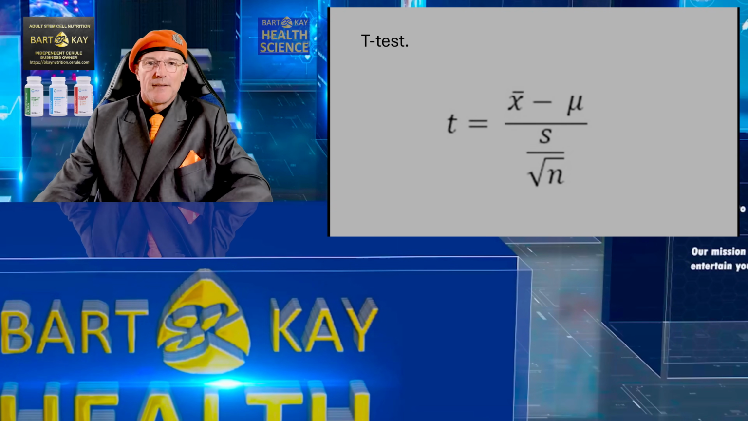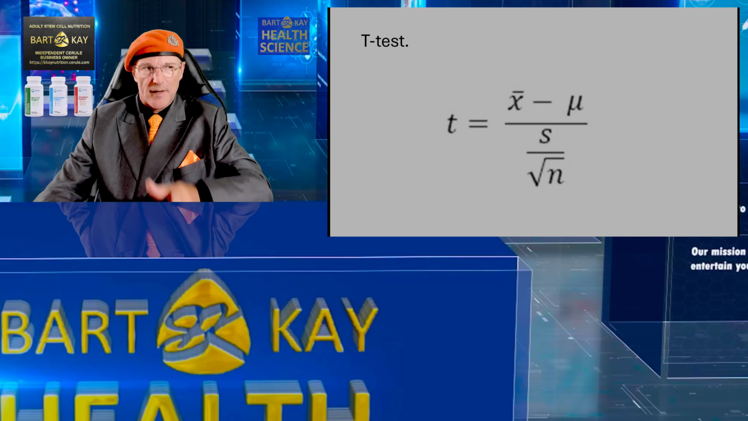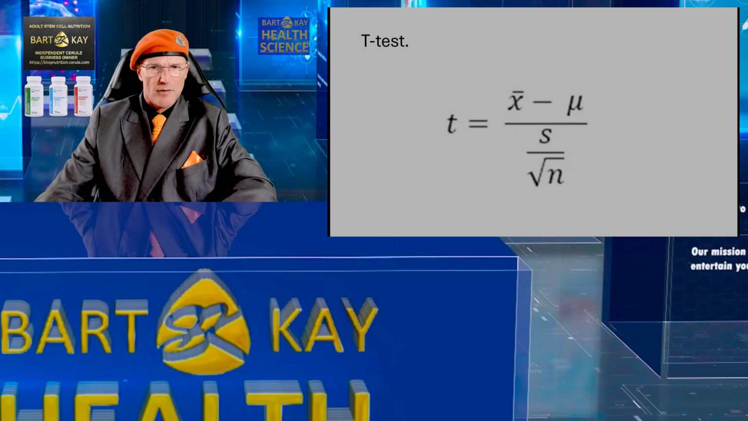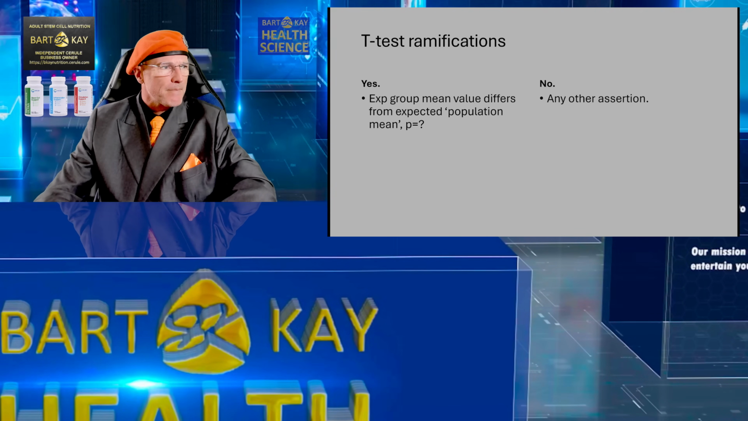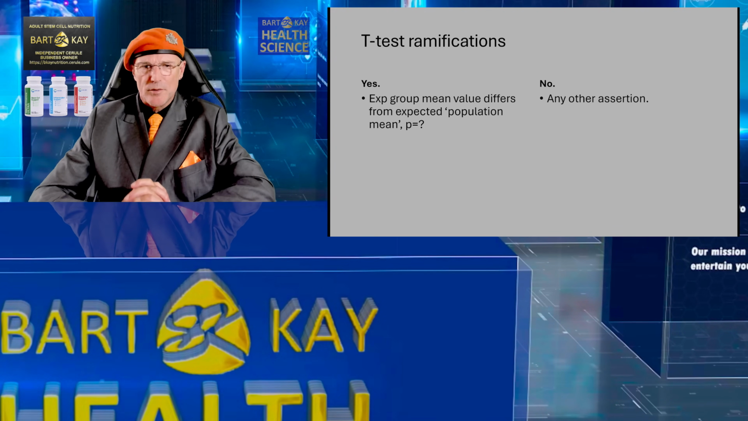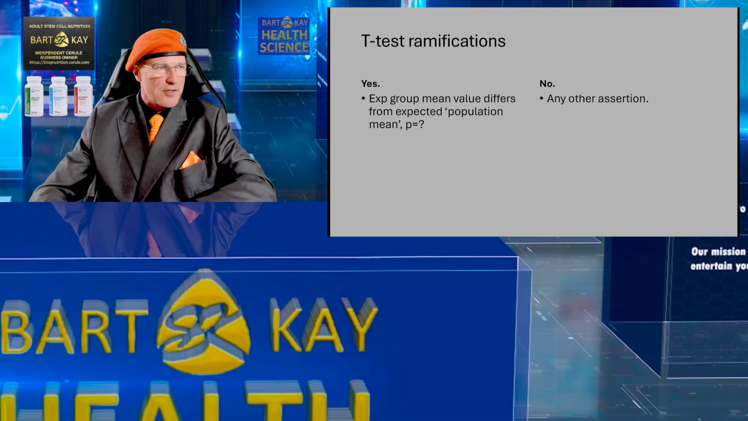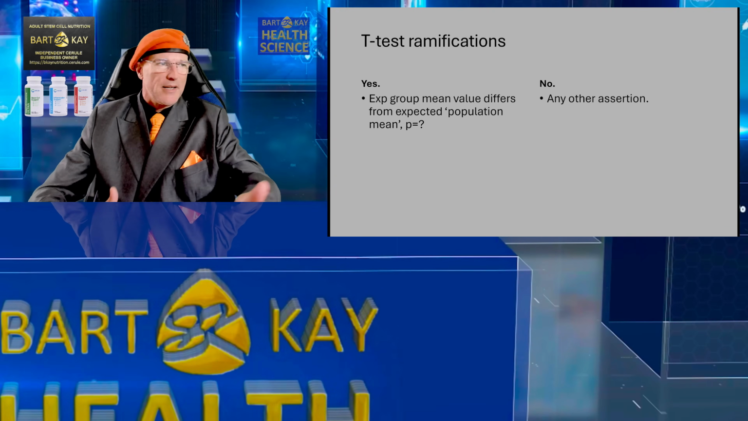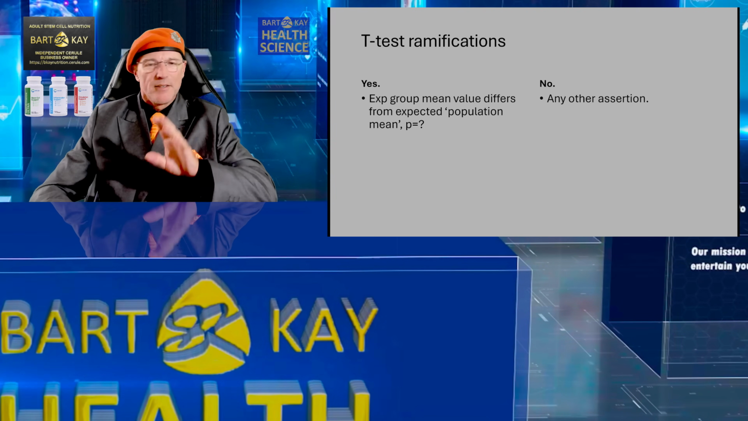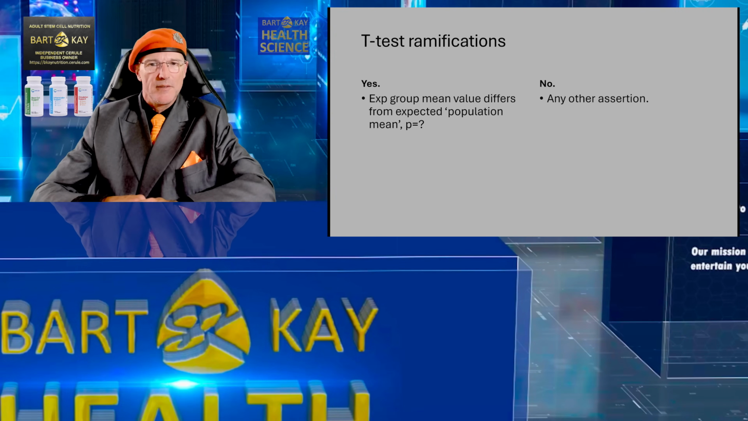So, what is the implication? That we can logically, validly, correctly make, and be seen to be someone with robust discipline around their conclusion making, here is the ramification of the t-test. The experimental group in our investigation, as compared to a population mean that somehow we know, that value that we've got here in this group of people differs from what we would have expected,